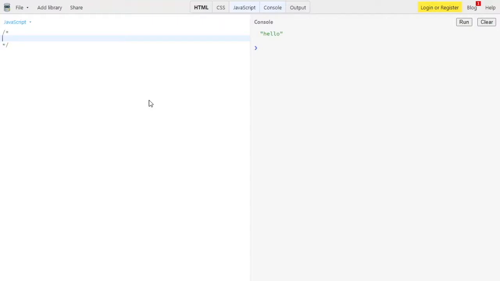For example, you have 0, then something like a name, and then true. Those are very different data types. JavaScript has several data types, and I will show you what I mean by that.